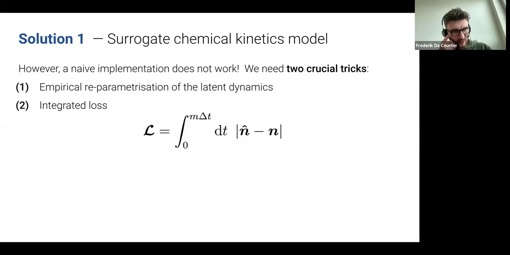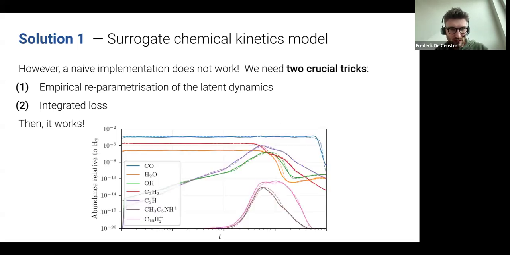And it's something that at first we hoped that if you just constrain it for smaller time steps, it will work, but it turned out you really need to, in your loss function, basically integrate over the entire time step. I think in the paper this makes slightly more sense. It's slightly more difficult to explain just from that, but it turned out to be a very important point in our training. And then combining those two tricks, it turned out that it worked fairly well.